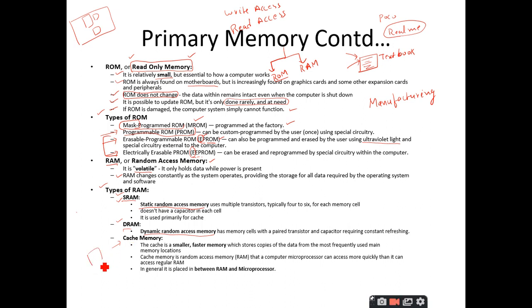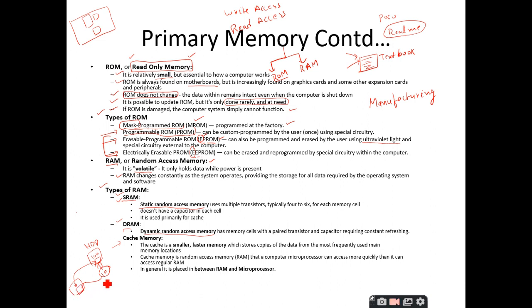For example, let us have 100 instructions in a program, and out of these 100 instructions, only 10 instructions are being used frequently. More and more times you are going to use these 10 instructions. So, instead of getting these 10 instructions from the hard disk drive all the time, which takes a lot of time, what I can do is retrieve these 10 instructions and store them in the cache memory.